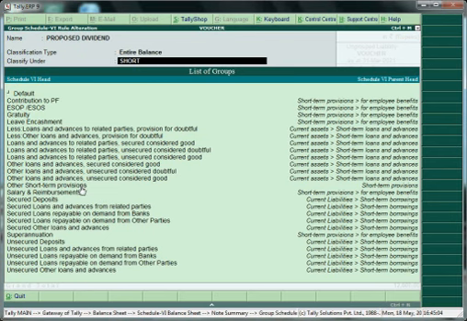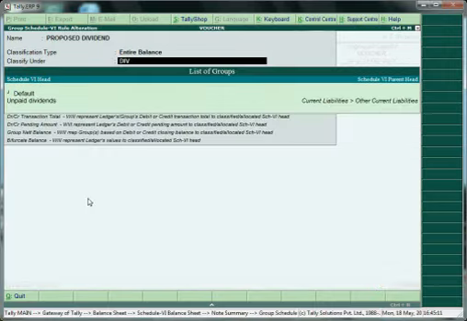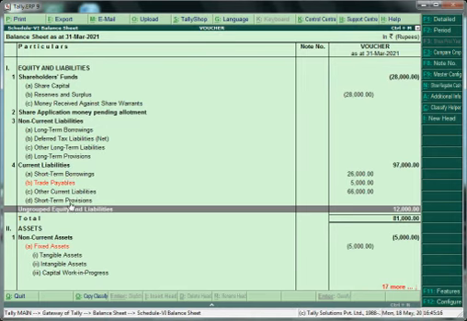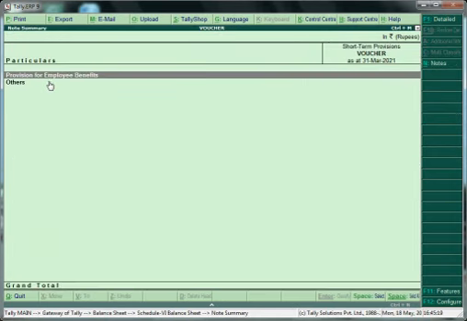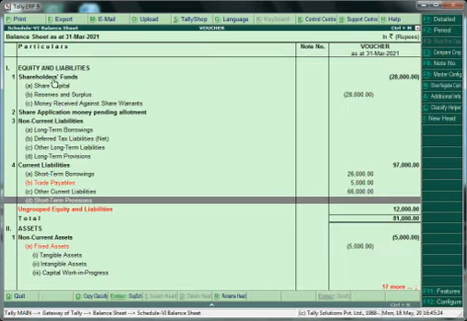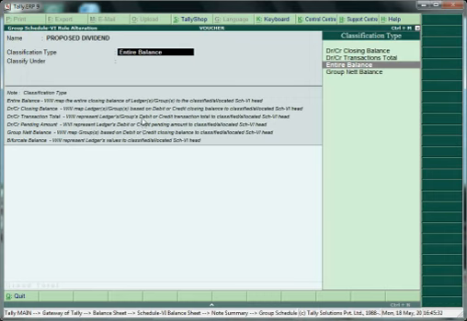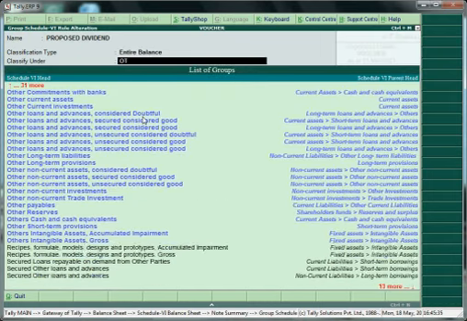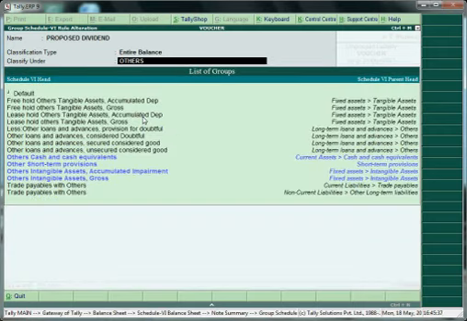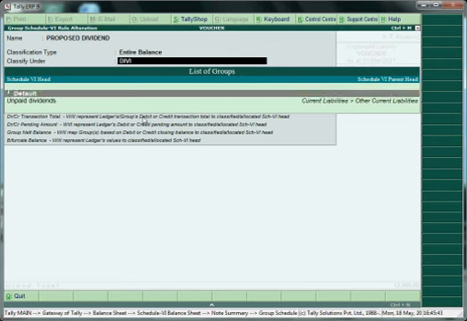So here we have to see first the short-term provisions. Here we are going to put it in the others. So from ungrouped, we again select proposed dividend and press Alt plus C. Classify type entire balance, classify under others, suppose unpaid dividends.